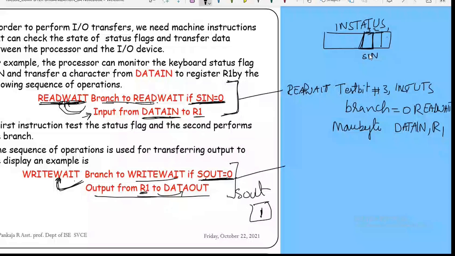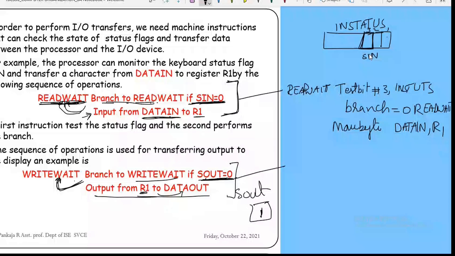Okay. So we have one new instruction called test bit. What is the function of this? This instruction tests the status of the 1 bit in the destination location. This is the destination location. In this, it is going to test this particular location #3. Okay. If the bit is 0, then the branch is true. In case this particular bit is 0, this condition becomes true and it will go back to the loop statement.